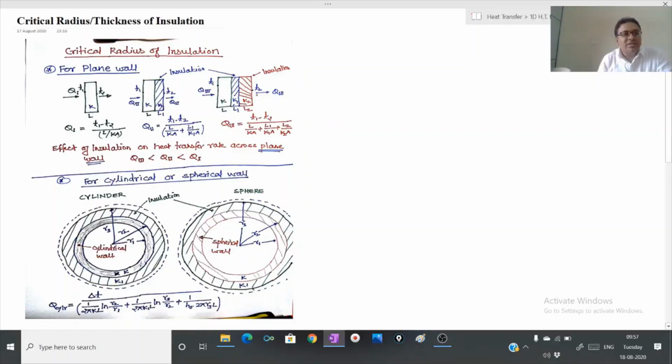Critical radius or critical thickness of insulation. So let us discuss what the critical radius or critical thickness of insulation is all about. By providing insulation, we generally mean that it will reduce the heat transfer rate, but it is not a generalized statement. For example, in case of plain wall,